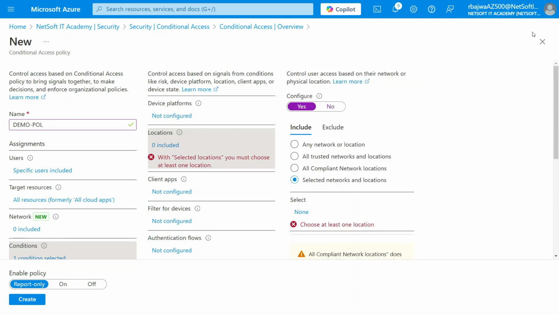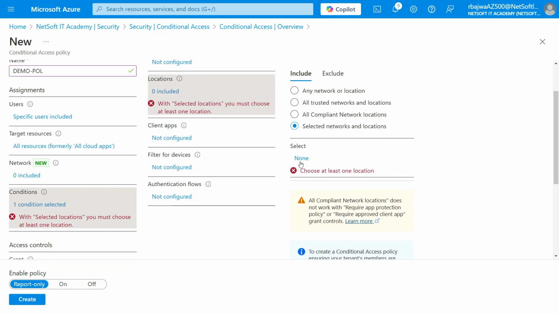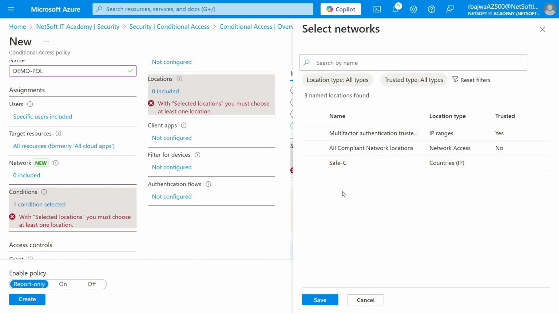Now, if you click on select network locations, then you have to select one. And we don't have a safe country. This one is the old one, and this is actually Canada. We need UK. So let me go back and show you how to create this